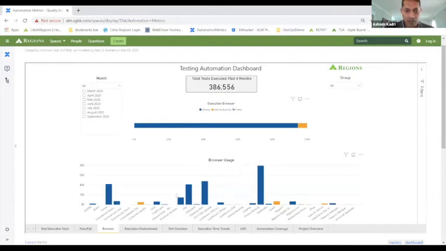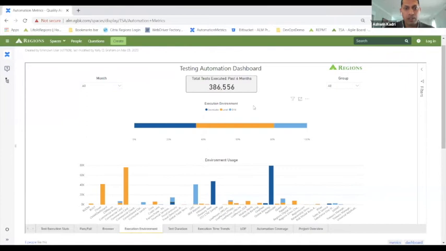The second information that I wanted to show you was the execution environment, right? So how many people are using the execution environment that we have? So are our tests running locally, on the Selenium grid, or on Sauce Labs? If I want to see which projects are using Sauce Labs, I can click on this. Which projects are running locally?